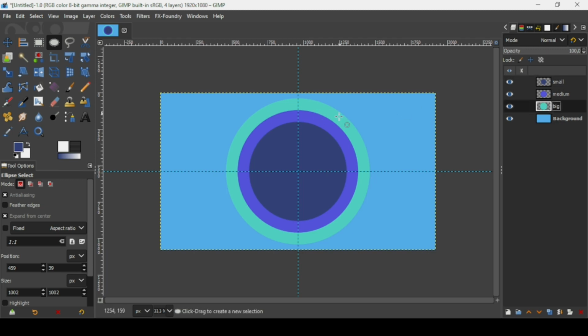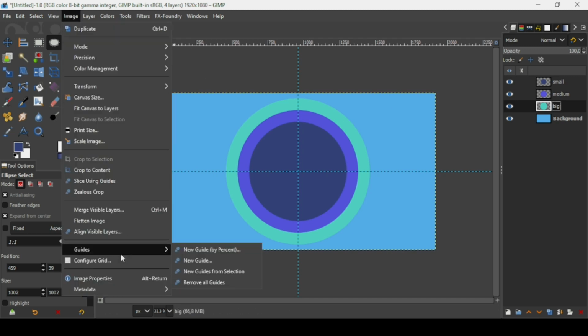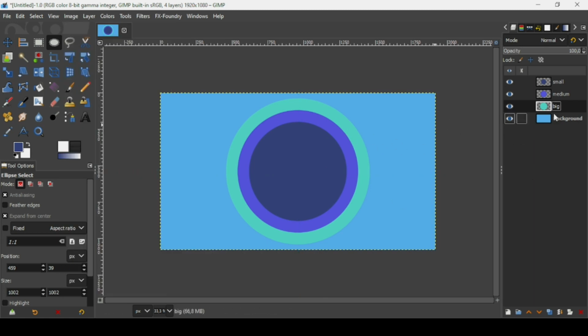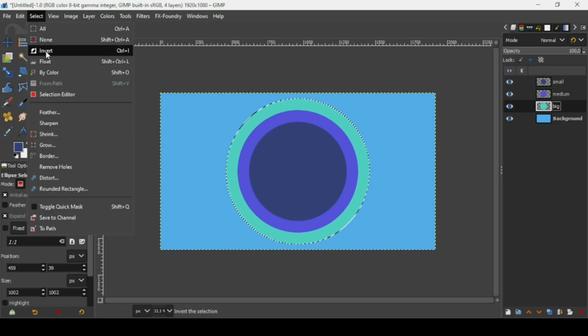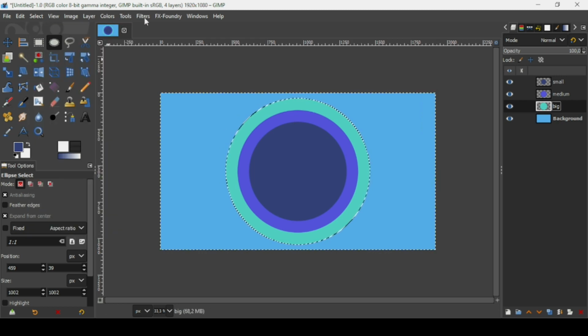I'm going to add an inner shadow. So first I'm going to remove the guides here. So go to Image, Guides, Remove all guides. In order to add an inner shadow, right click here on the big layer, Alpha to Selection. And now I'm going to invert this selection. So go to Select, Invert, and then go to Filters,